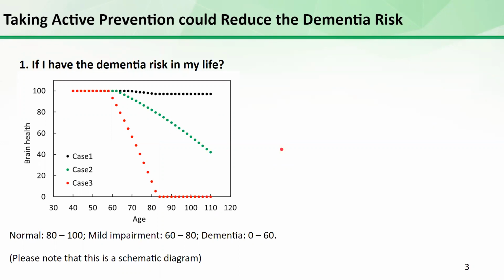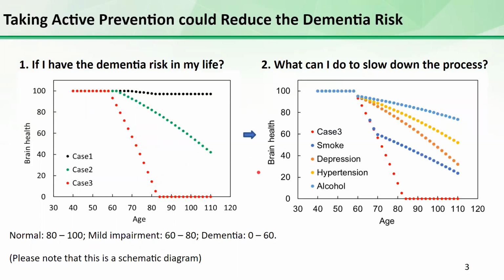In order to do so, first, we need to know if we have this risk or not in our life. As we can see in this plot, different people have different risks in their life. And then we need to know what we can do to slow down this process. For instance, in this case, if the person gets rid of smoking, depression, hypertension, etc., this curve is going to be